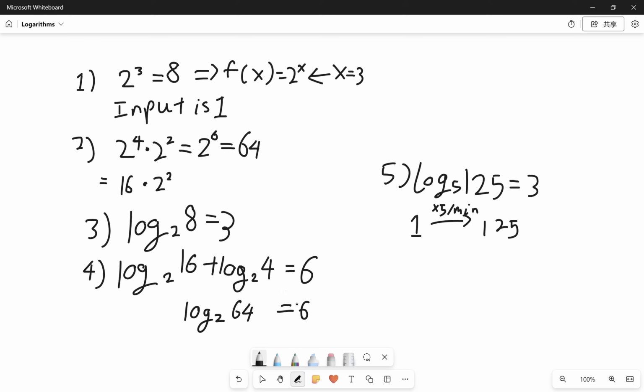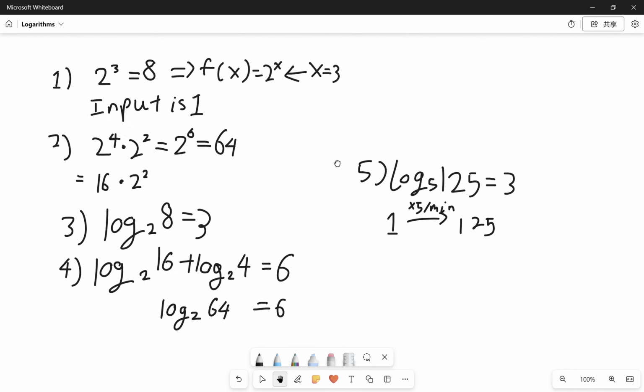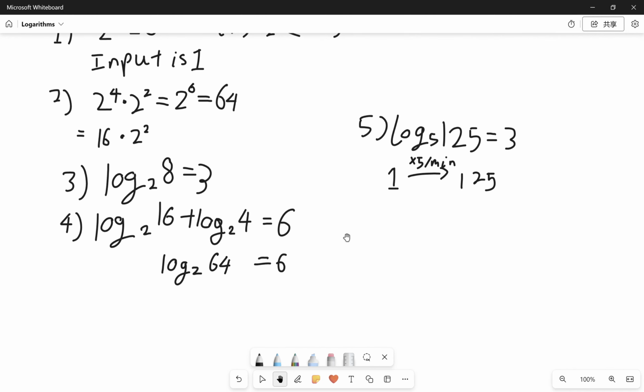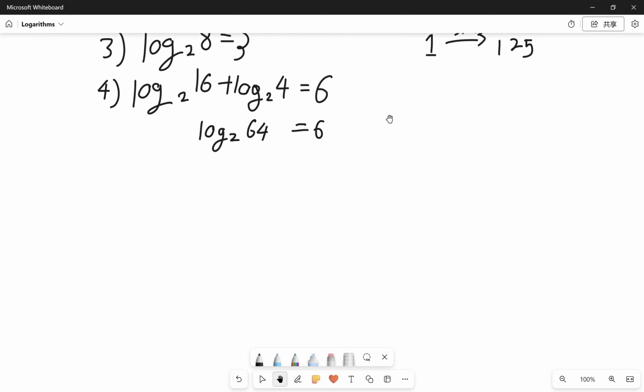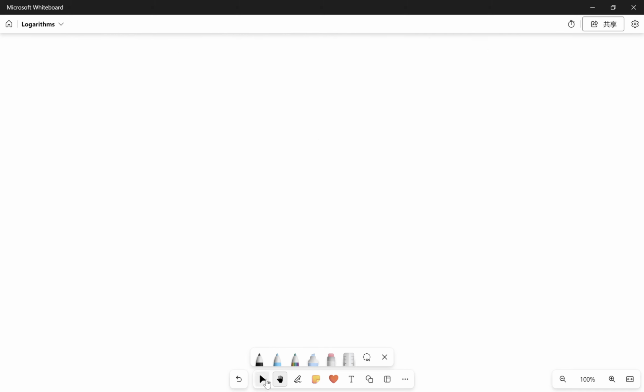Last lesson we learned about the introduction to logarithms. We learned about the idea of them, right? We learned about how the logarithm is the inverse of the exponential function. This lesson we're going to learn about the